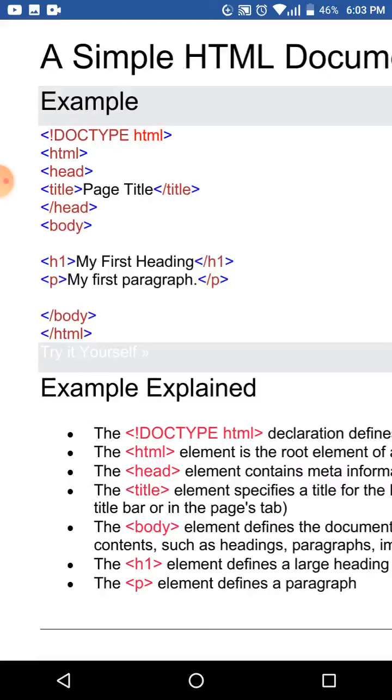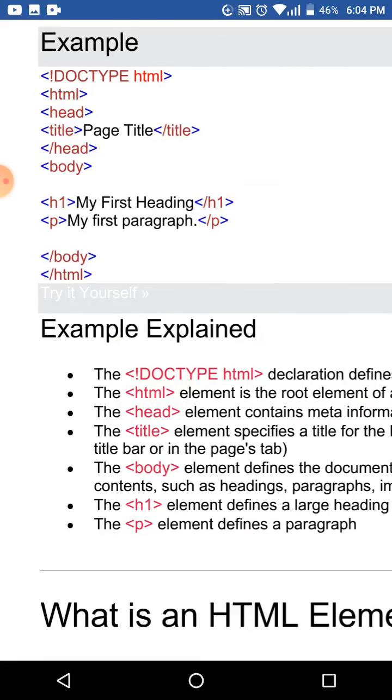And next, the body element. In the body element I can specify different headings, paragraphs, formatting elements, tables, images, otherwise any hyperlinks, everything will be done in the body part. Look at that, the body element is started. Next, h1, it is a heading element. My first heading is described here, and after the h1 is completed, I have to close the h1.